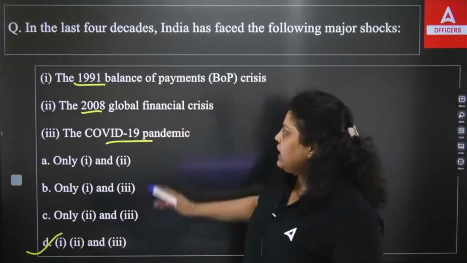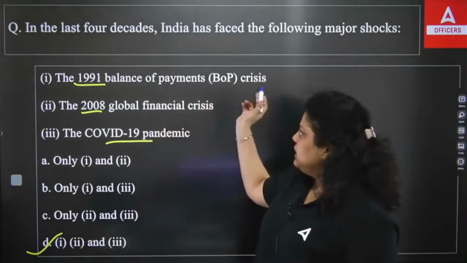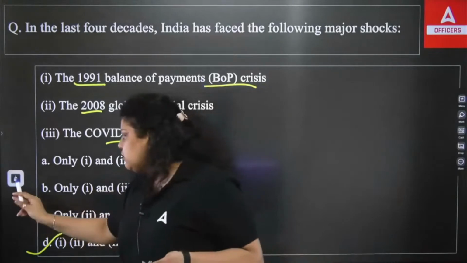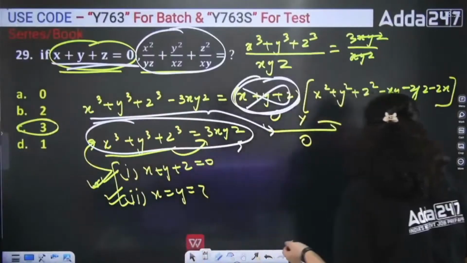I know the global financial crisis, you all know. The COVID-19 pandemic, you are all aware of. Now, what is balance of payment? Maybe some people do not know about the balance of payment, so I will explain it here. So what is balance of payment? First of all,